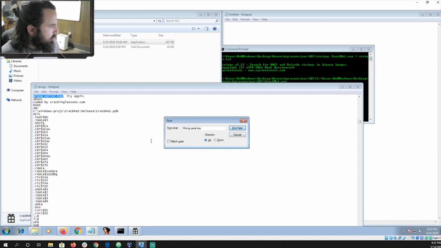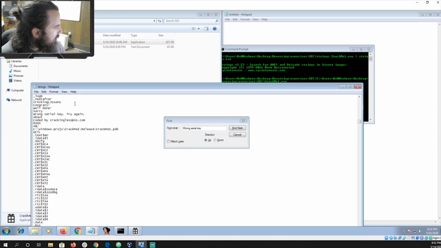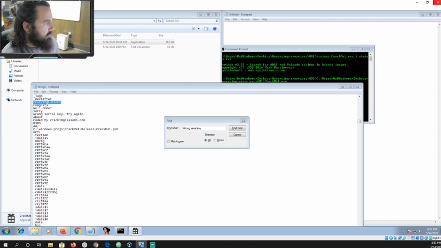Search up. There we go. Nothing really interesting there. Well, okay, so we found "wrong serial key." That's the prompt that we get whenever we type in something wrong. Then we've got "about," that's this right here. But we've got this up here, "cracking lessons." If you look at the window itself, that's not a string that we can recognize from the window. So I'm just going to assume that might be the password that we're looking for,